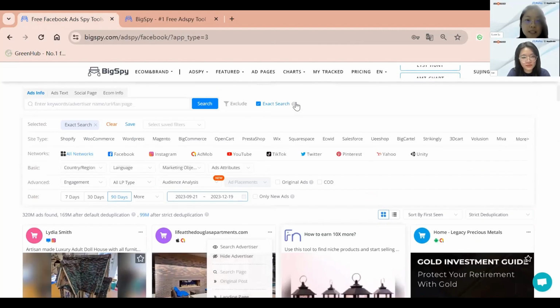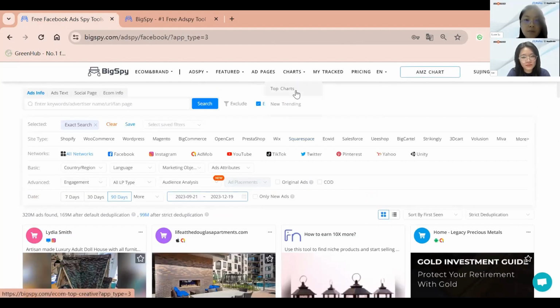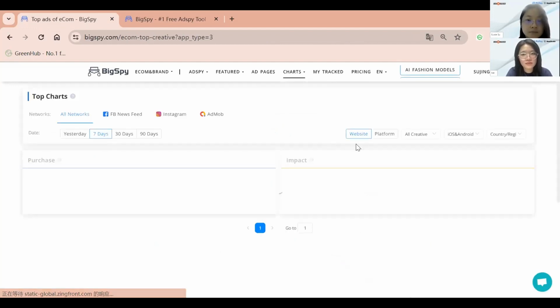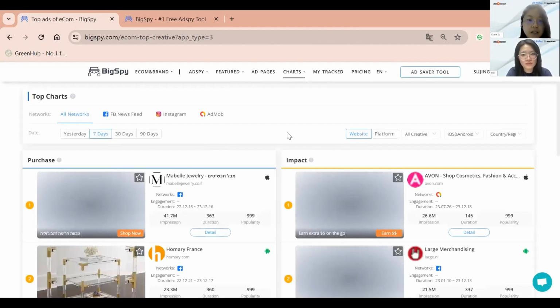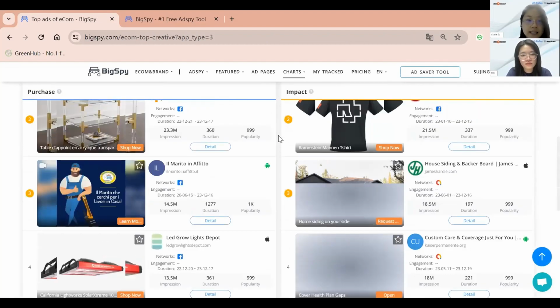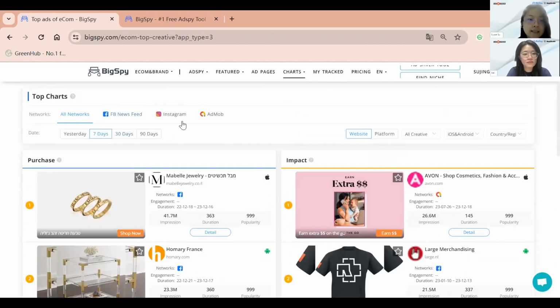For the enterprise plan, we also provide top charts and new trending features. We provide some top ad creatives in the recent 30 days or 7 days.